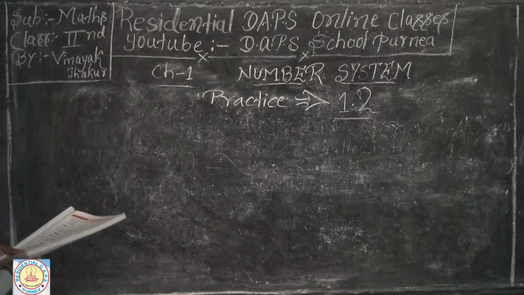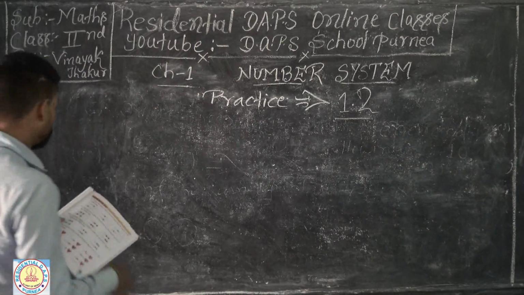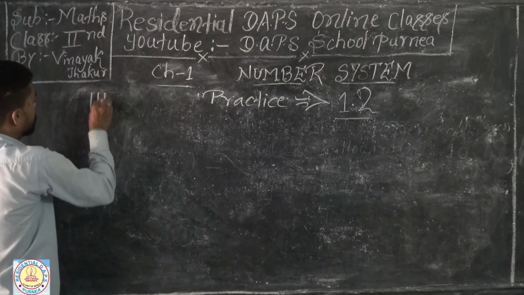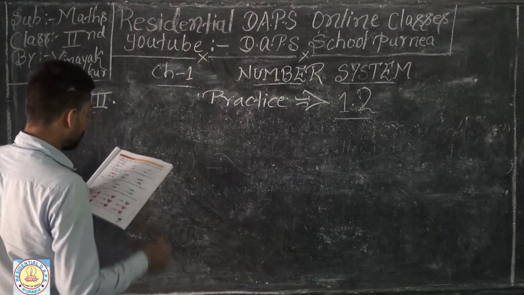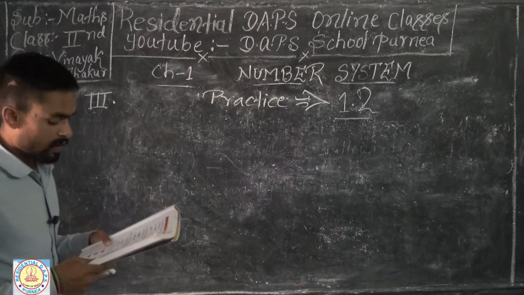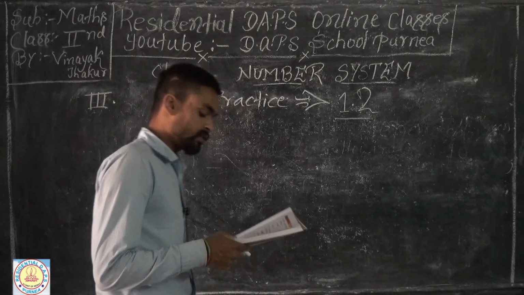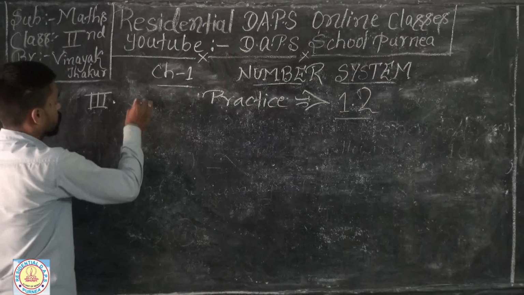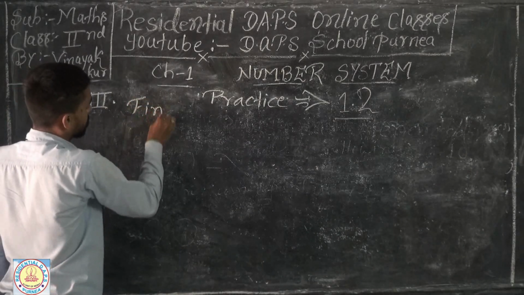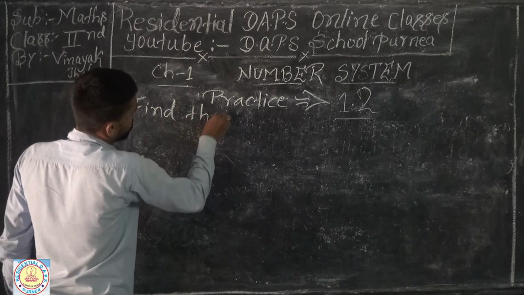In your question number 3, it says to us, tell us, find the difference of place value of encircled digits in each of the following. So if we find the difference